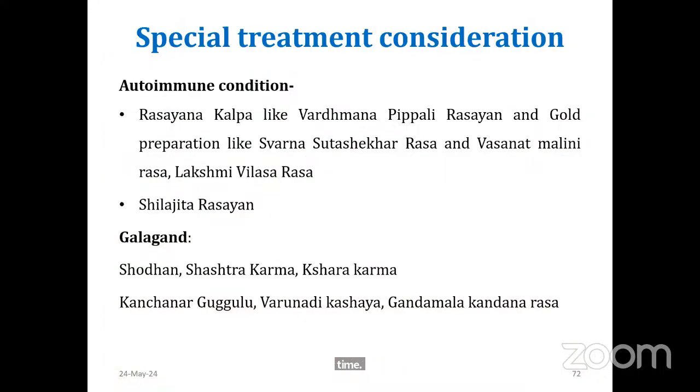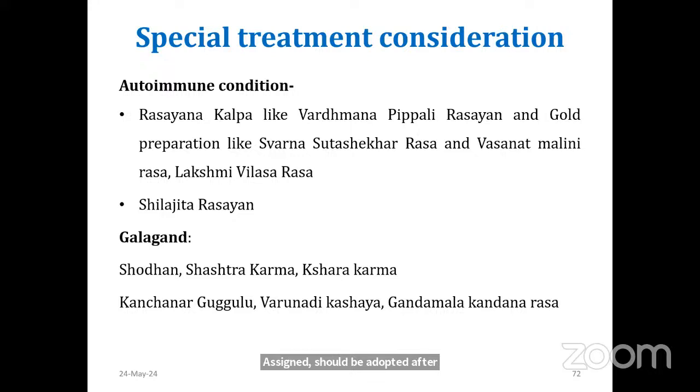So when we are having special cases, like hypothyroidism due to an autoimmune condition, in the autoimmune condition the Rasayan Kalpa like Vardhaman Pippali Rasayan and gold preparations like Swarna Sutshekhar Ras or Vasant Malini Ras or Lakshmi Vilas Ras should be the choice of drug. We can also advise Shilajitu Rasayan. So gold is the best for autoimmune conditions,